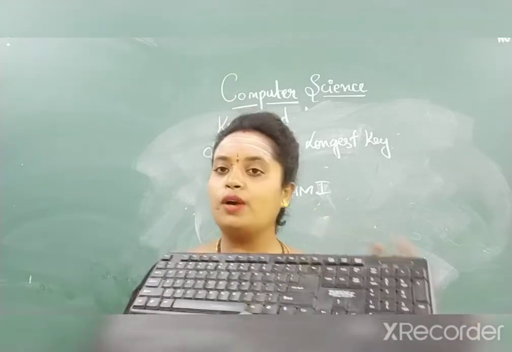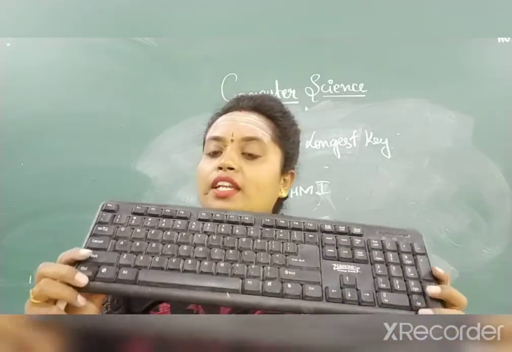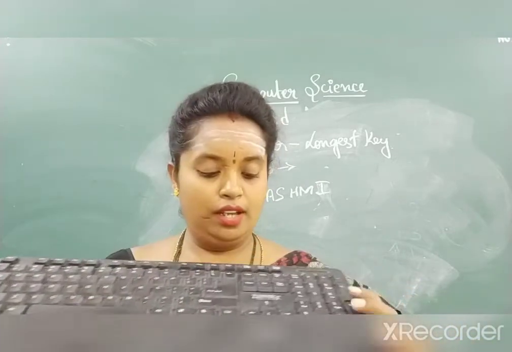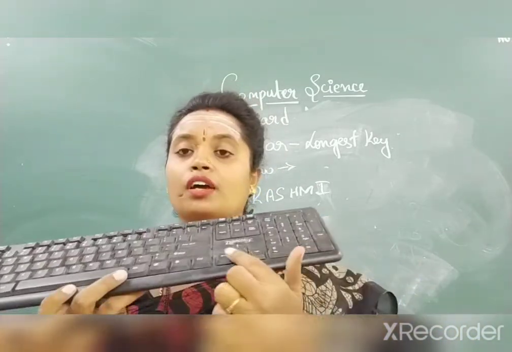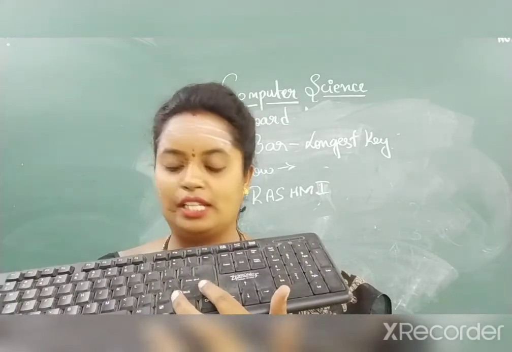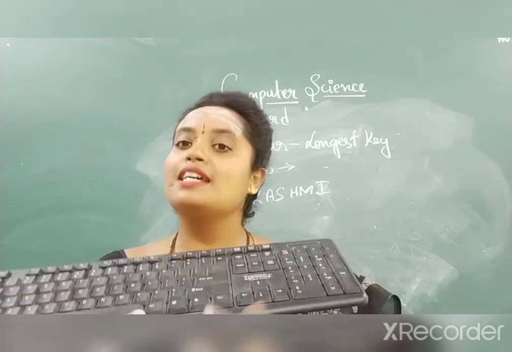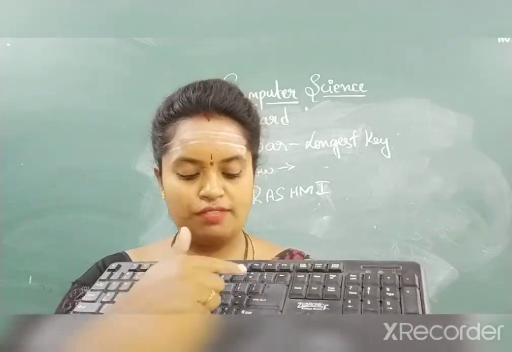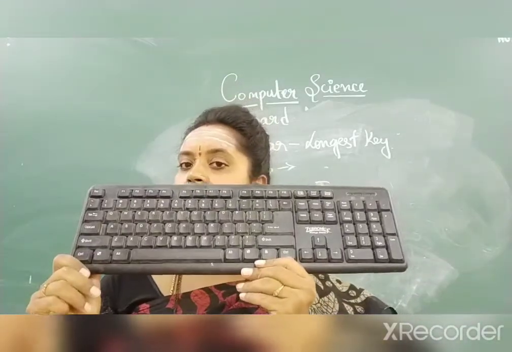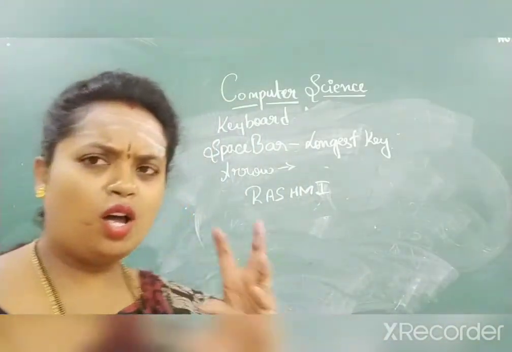So children, did you understand keyboard? It's an input device wherein you have alphabet keys, function keys, then numeric keys, arrow keys, special keys, shift, alt, control. You'll be learning them in the higher classes as you move. Then symbols, like apostrophe, flower braces, all those things. Did you understand this? Very good. Next we'll be moving on to the small part in the computer.